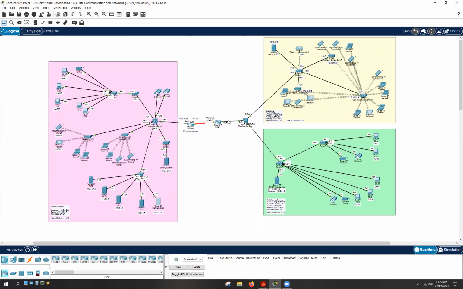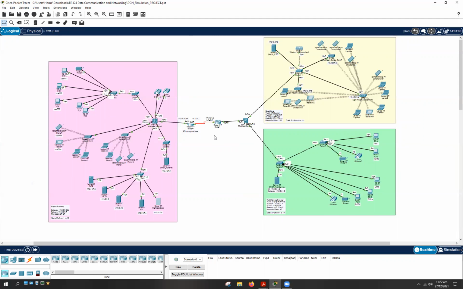As for the firewall, we used ACL on this router, which allows the two networks right here, guest zone and flight service provider, to access only specific servers within our airport authority network. And apart from that, no attack such as DoS and DDoS was simulated within this simulation, but it does have the potential for such an attack to be simulated, which might be conducted in the future if we extend this project. But so far, this is the work done.